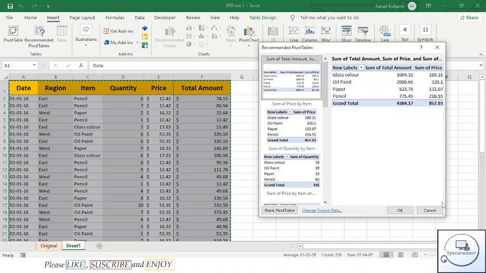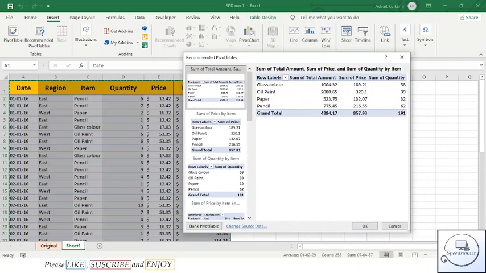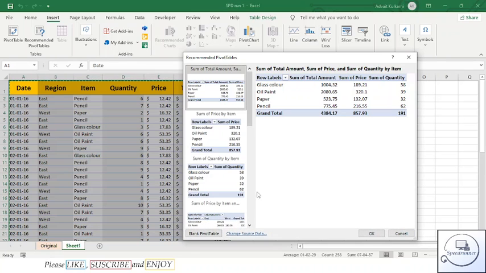The first pivot table you are going to see is the sum of total amount, sum of price, and sum of quantity of item. Under the row labels we have glass color, oil paint, paper, and pencil. Next we have the total amount.